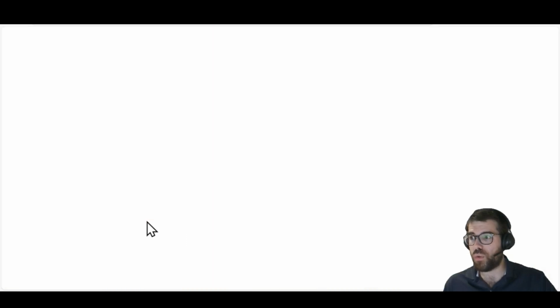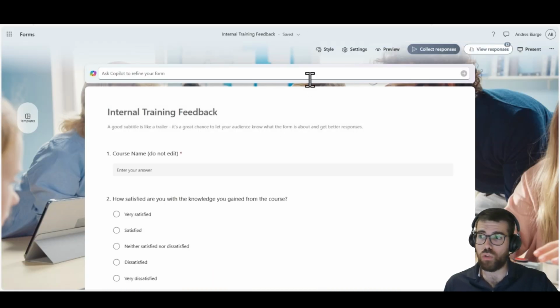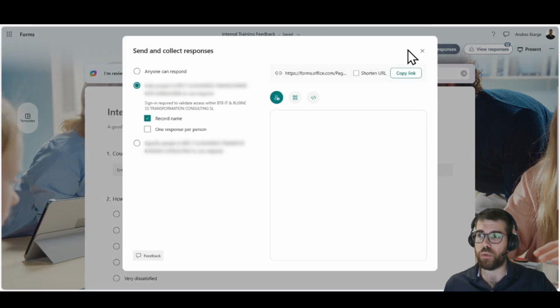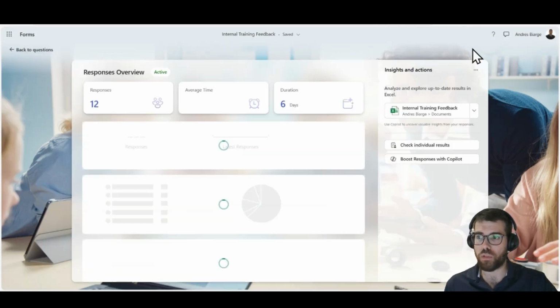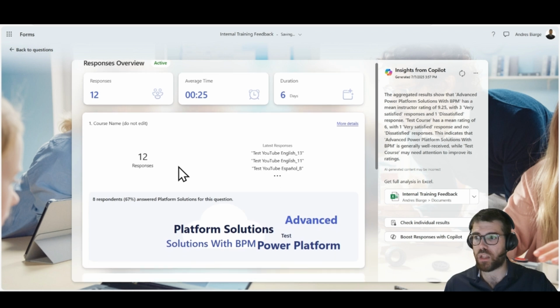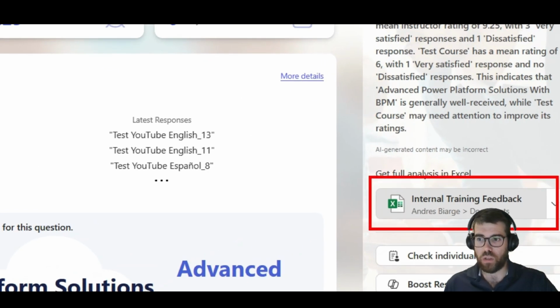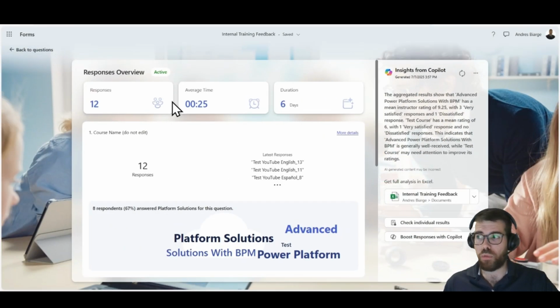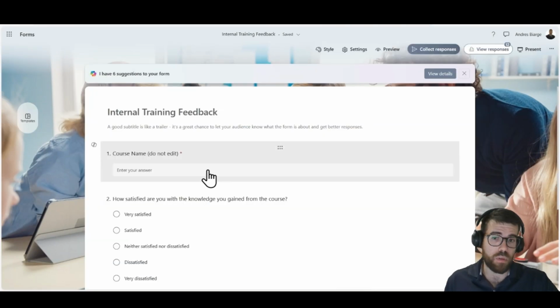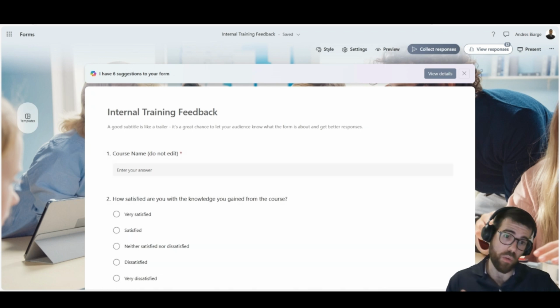First, if we do that, we're going to lose any responses. When you collect responses and view responses, you have an Excel file that you can check with the responses, and that's going to be lost because if you delete the form, you also delete the Excel. Now, in this case, if we are saving the responses in a SharePoint list or any other data source,